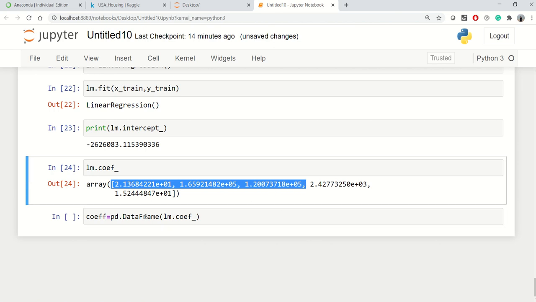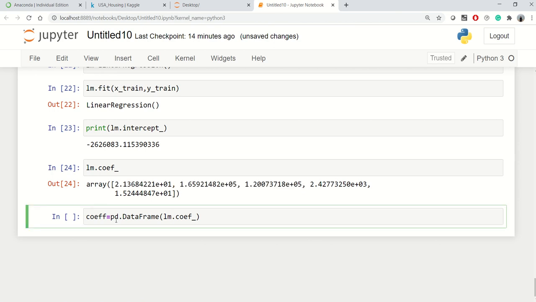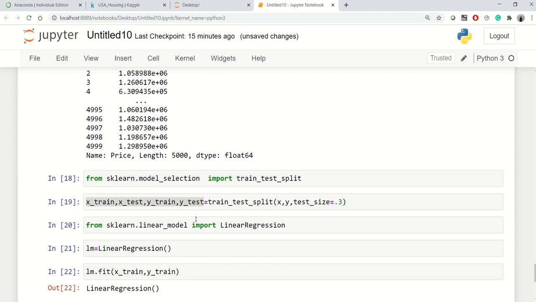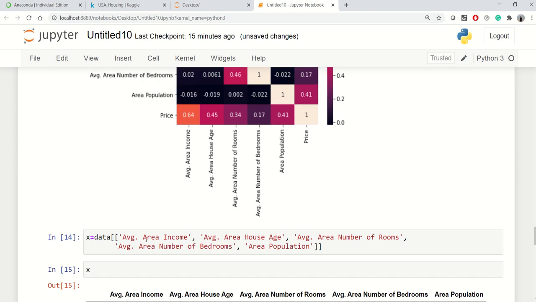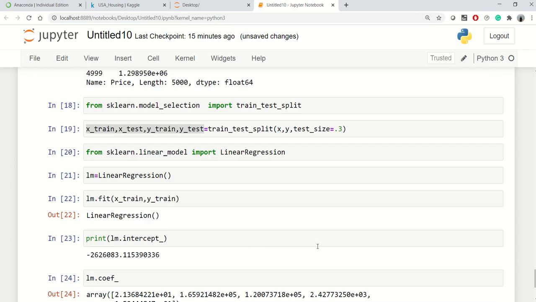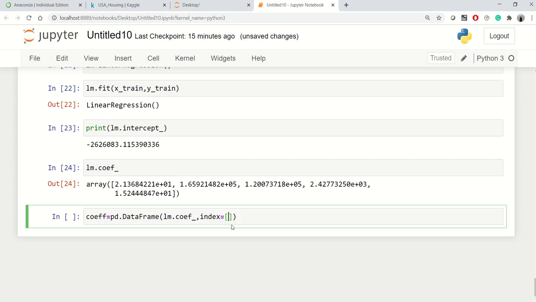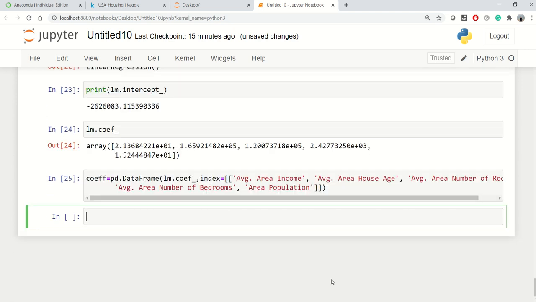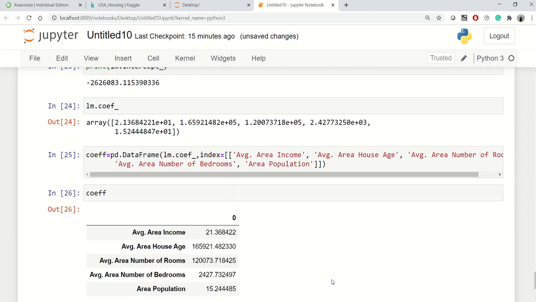So that's why I'm creating a data frame here. I'll say pd.DataFrame and lm.coef_, and in order to read it, I'll say index is equal to these columns. Which columns? My feature columns. Great, and we'll print the value of the coefficients.